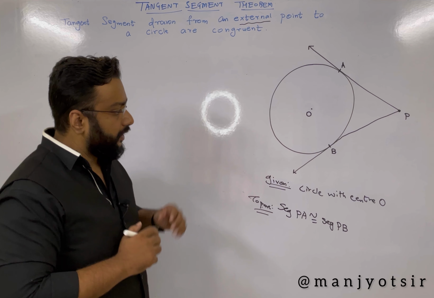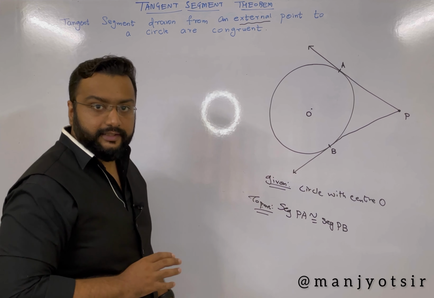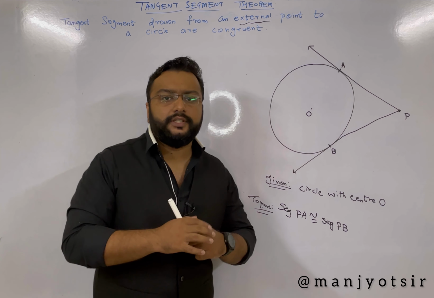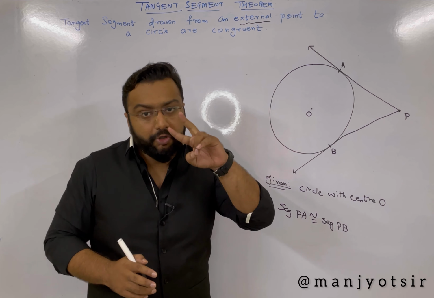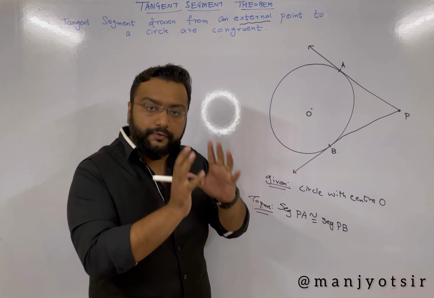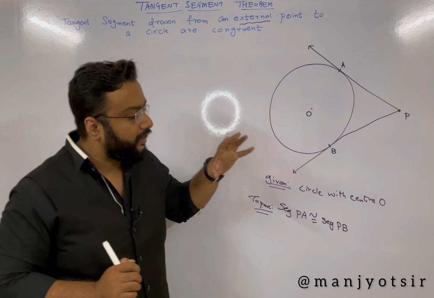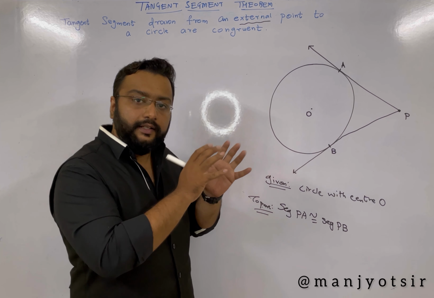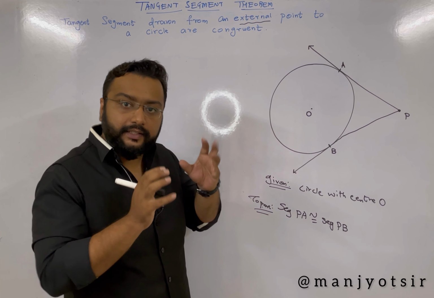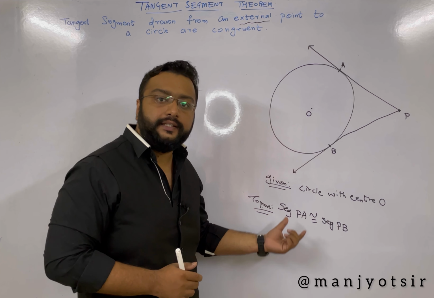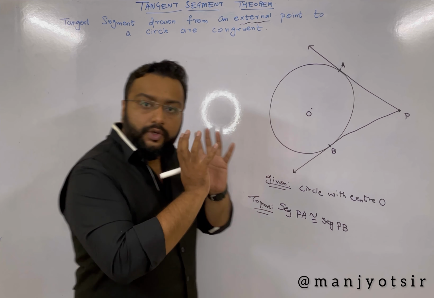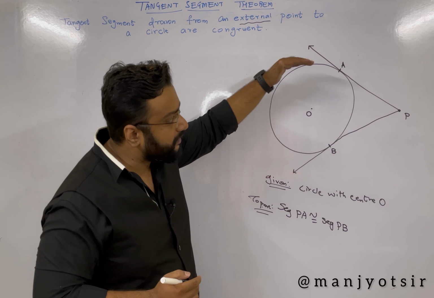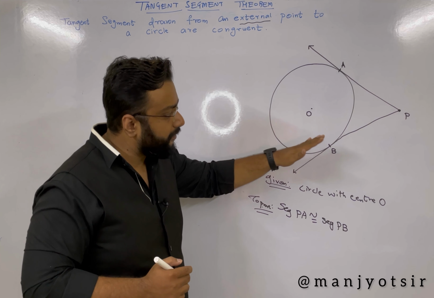Now observe here. We need to somehow prove these two tangent segments congruent. We all studied that whenever we need two segments or two angles congruent, we first prove triangles to be congruent. Now observe, do we have some triangle over here? No. That means first we need to get a triangle. The triangles also have to be such that in one triangle we have PA and in another triangle we have PB. Think a bit how we can draw two triangles such that in one of the triangles there will be PA and in the other there will be PB.